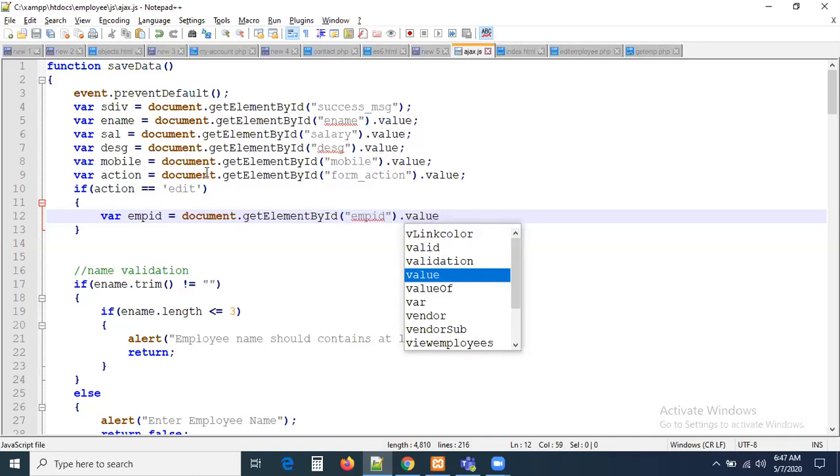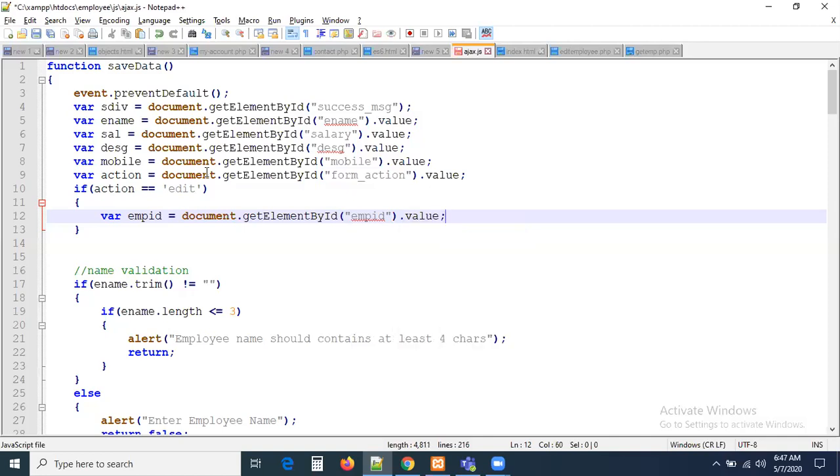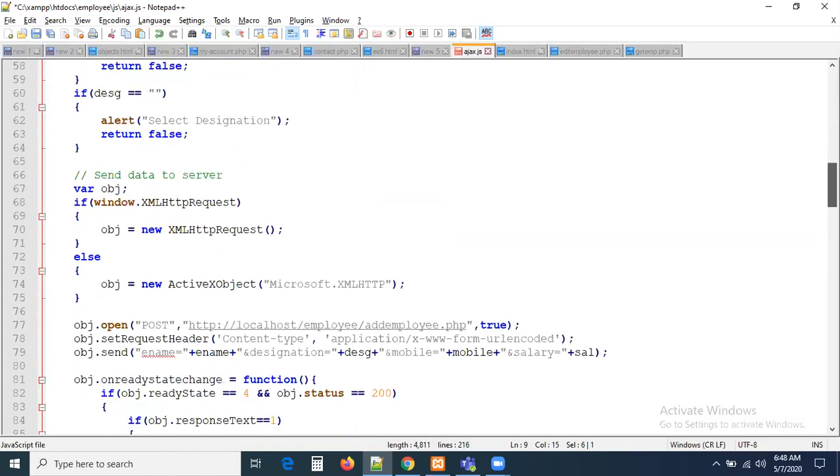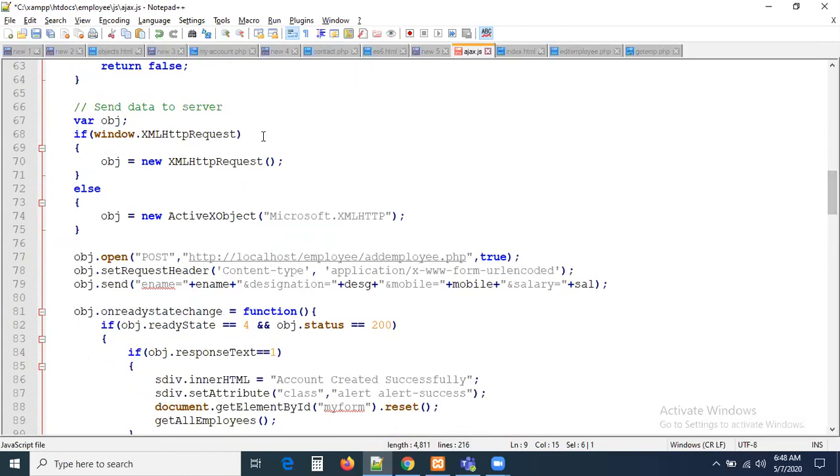Based on this ID, I need to send, see, now I'm going to click the update button. On update, we have to send the ID also now. If you're not sending the ID to the server, which record do I have to update there? That's the reason I'm keeping it in a hidden form variable and we are getting it. So if the action is edit, in the same manner, let me write a small condition while sending the Ajax request also, guys. Here we are sending the Ajax request, but this request should be like this.